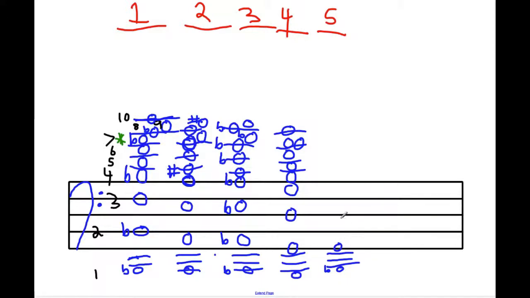G, flat, D flat, G flat, B flat, D flat, F flat, high G flat,